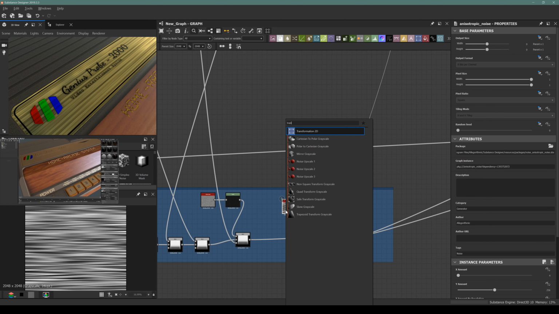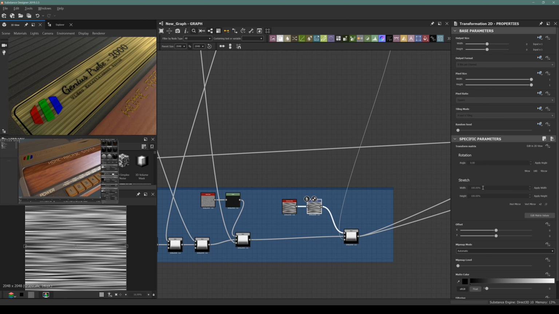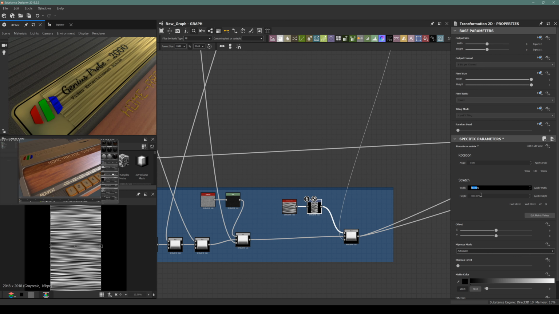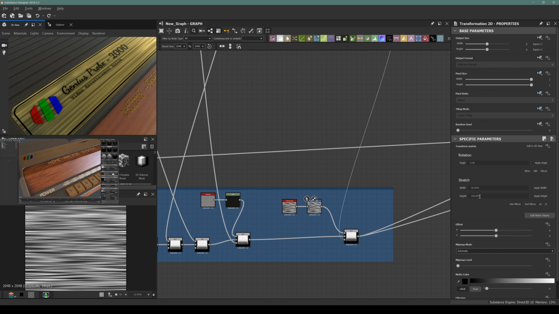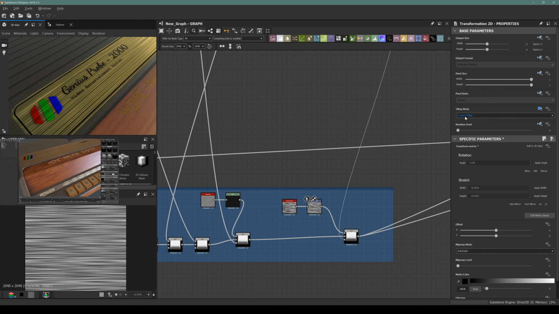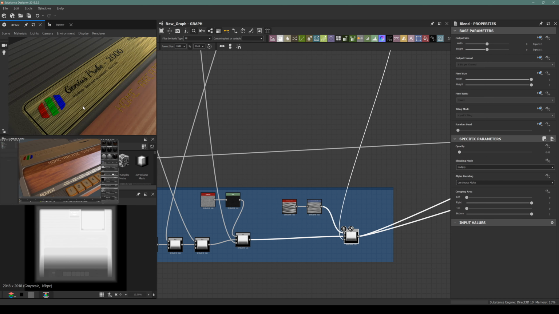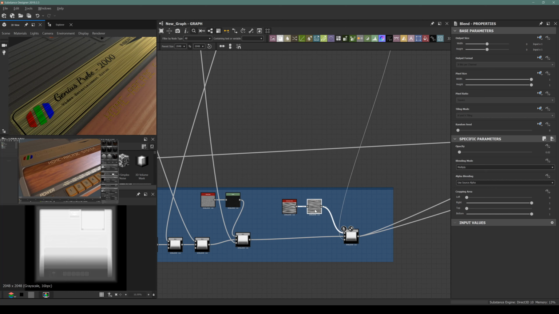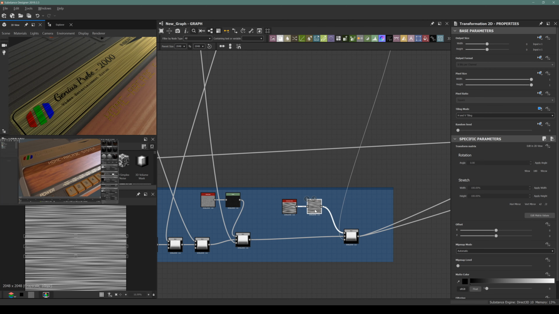Next, I will use a transformation 2D node, which is faster than increasing the stripe counts on the node and on the anisotropic noise node. So I scale it down and switch the tiling mode to HMB tiling. We can adjust the anisotropic noise more,